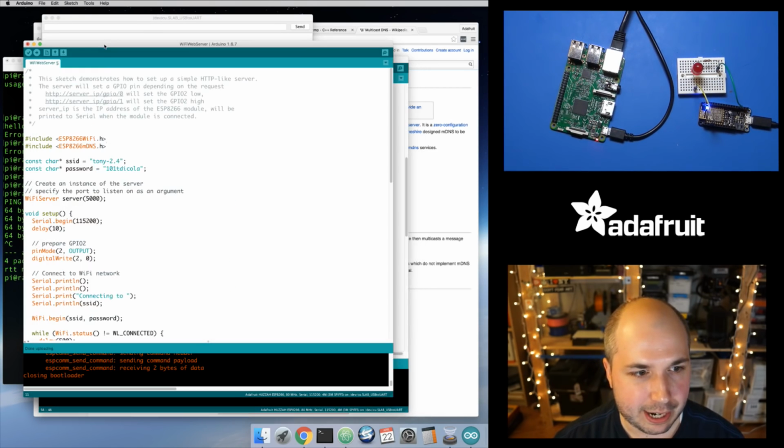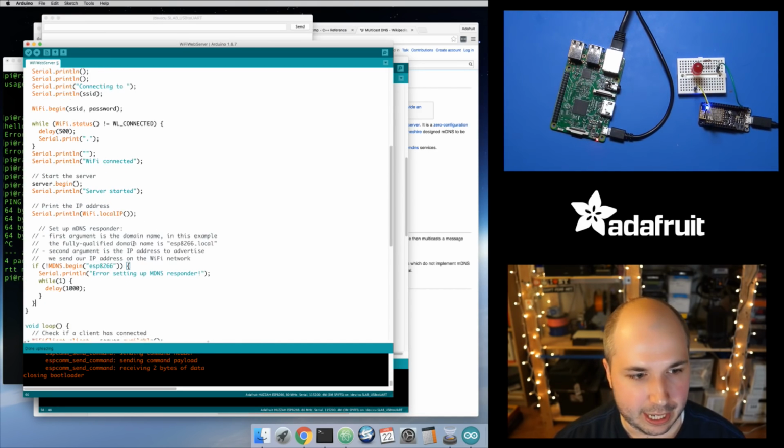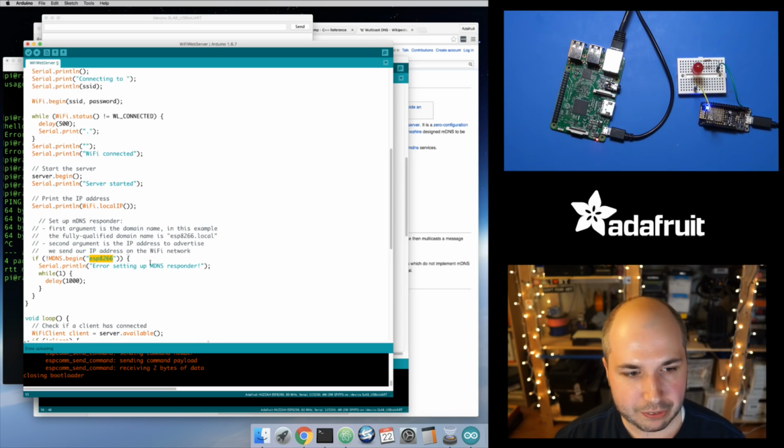So I'm going to copy this out and put it in my setup function. Let's put it down at the bottom here. You can see you need to pass in the name to give to this. So let's call it ESP8266-thing. And the way MDNS works is that you're not going to find the device under ESP8266-thing. You're actually going to find it under ESP8266thing.local. And that .local is the hint that tells the Raspberry Pi that this name is using MDNS